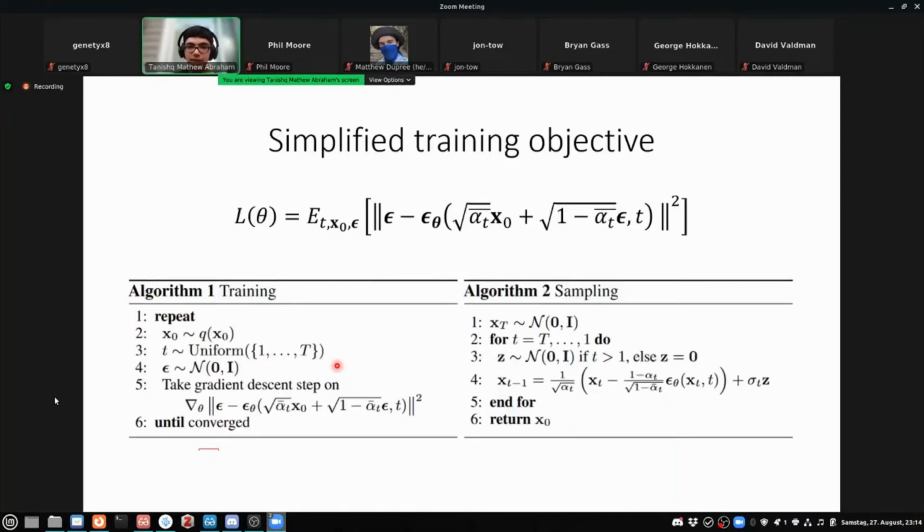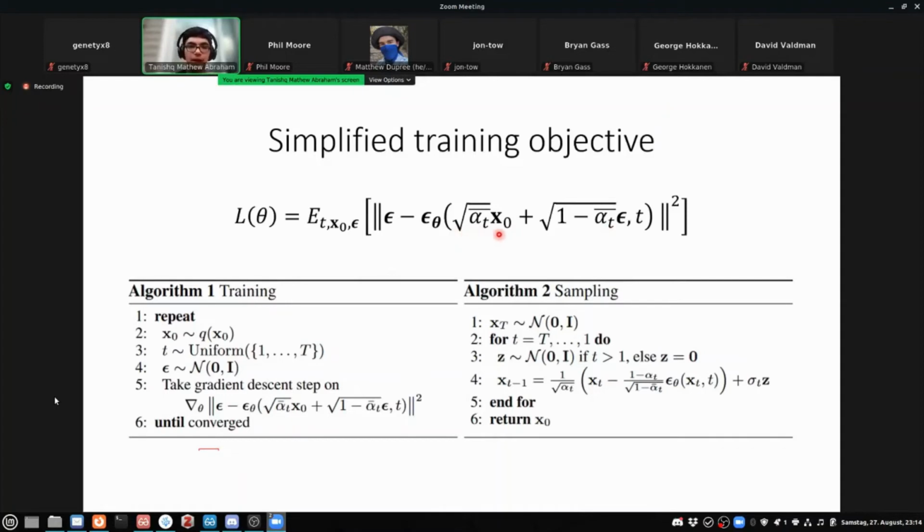So that gives us the training objective, which is kind of interesting, because we are training a model to predict the noise, which can be a little bit confusing. Basically, at a particular time step we have an image, and we can get this noisy image with this term here. This is again the xt term.